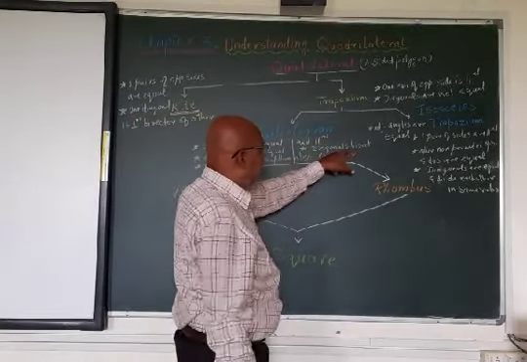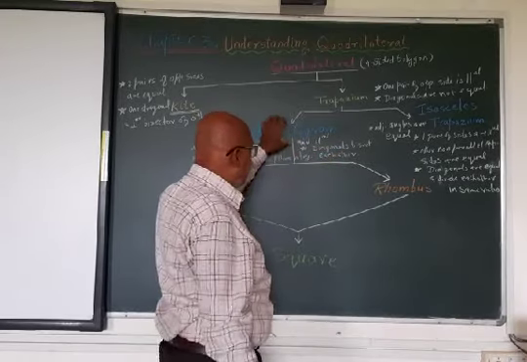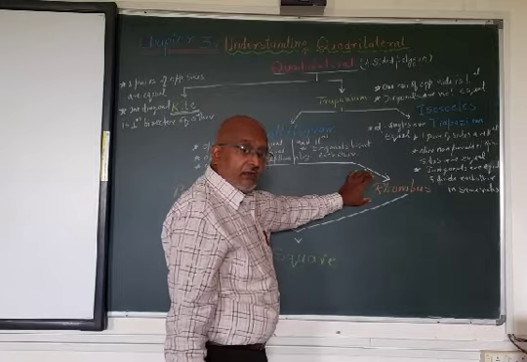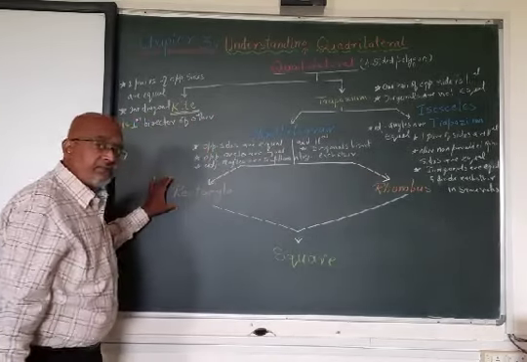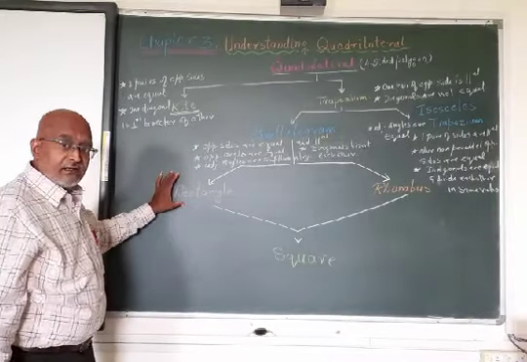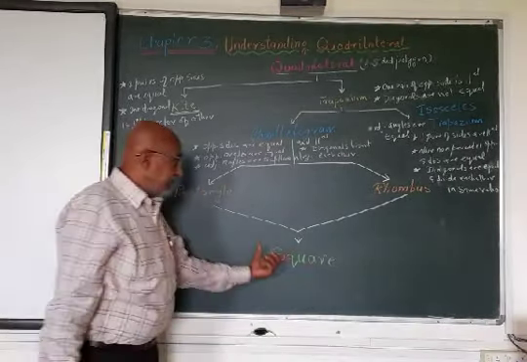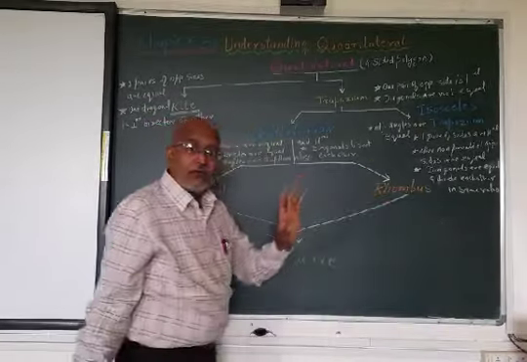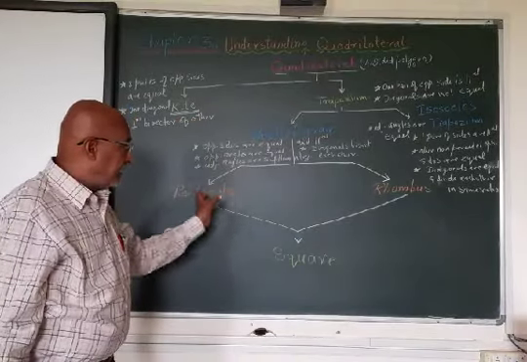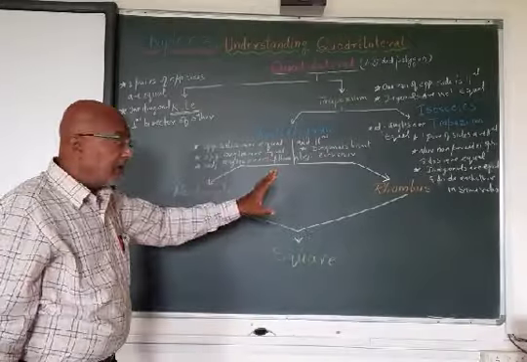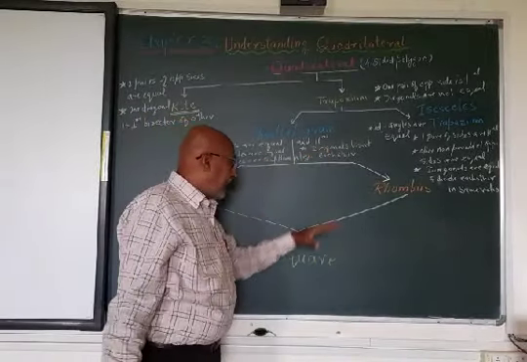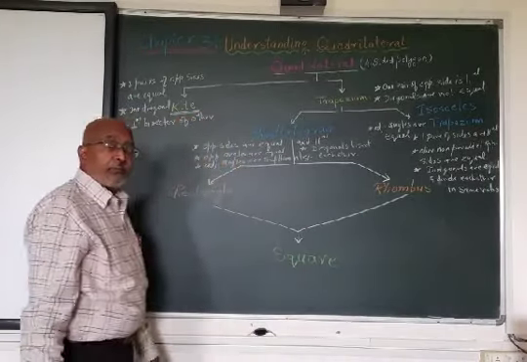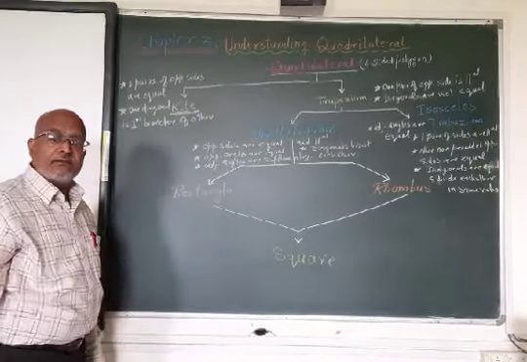Okay, only one change is here. The diagonals bisect each other, but here the diagonals are not equal. Here the diagonals are not equal, but here diagonals are equal. Here diagonals are equal, so here also diagonals will be equal. Here the diagonals are not equal. That differs a bit about the diagonal. But yes, in every case the diagonals are bisecting each other. In this case and this case they are the perpendicular bisector, but here they just bisect.